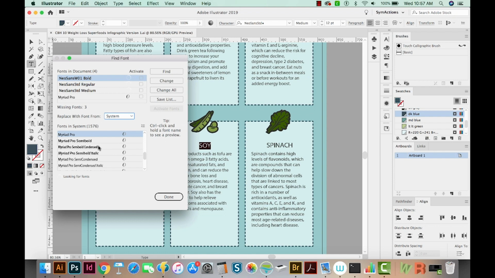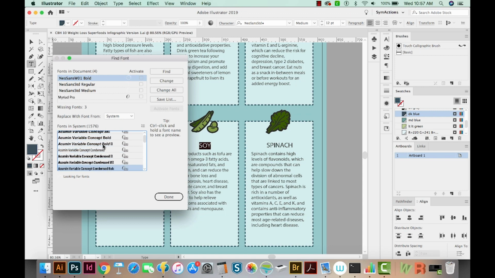And unfortunately, there's not a really easy way to search in here. I'm going to start typing the font I want, which is Arial Bold. So you can really only type A, and that'll get you to the A's. But you can't type the full Arial, it won't come up that way. So we'll scroll down here to Arial, and I'm just going to choose Arial Bold because this one is bold, and we want them to be the same kind of look and feel, probably.